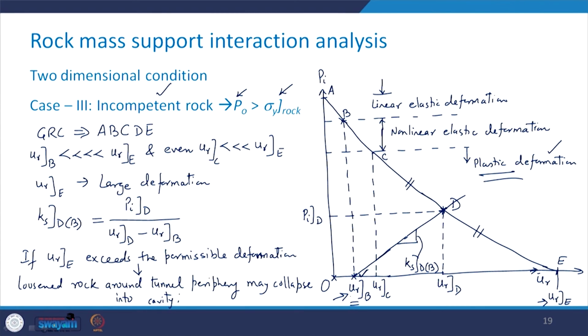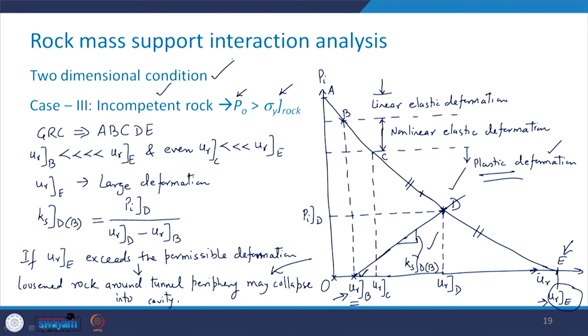So, what we need to do is, before the deformation reaches to this high value of UR at E, we need to arrest it somewhere in between, maybe at point D or any other point on this GRC, and then provide the support system which has some stiffness, and then you will be able to avoid this particular situation. So, this is how we can understand the ground response curve and the support reaction curve in simple